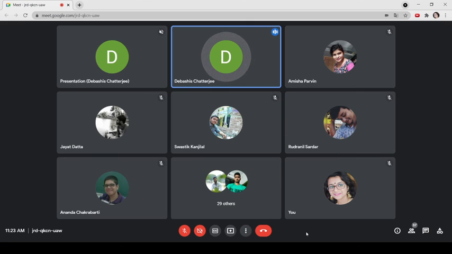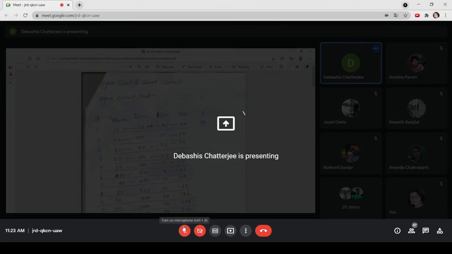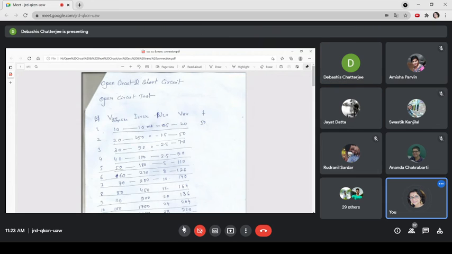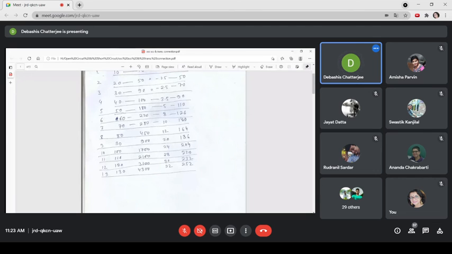Now see, is the screen visible to you? Now this is showing the open circuit test: the low voltage side voltage reading, the current and the wattage on the low voltage side, at very low voltage. These things are tentative, I mean, they may not be correct, and you will find some erroneous computations also. Naturally, the voltage is increased up to, say, it is a 110 volt transformer, so 110 volt and 125% or 120% of that.